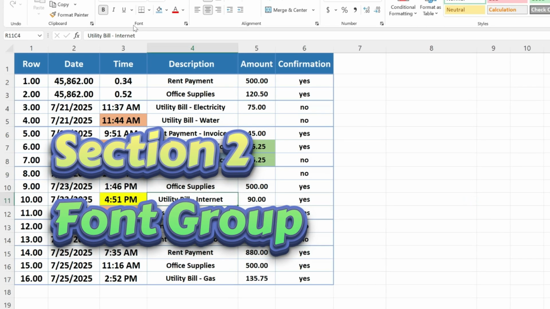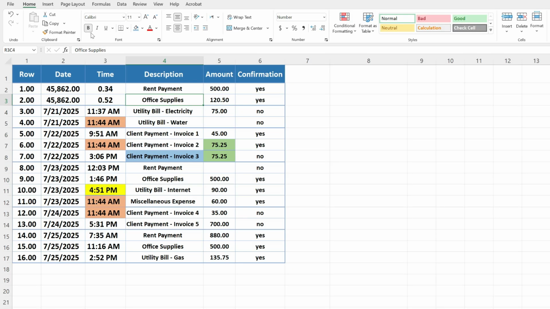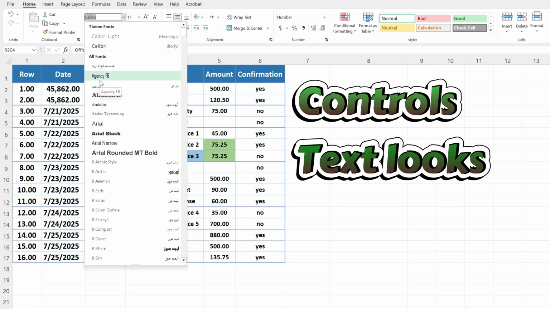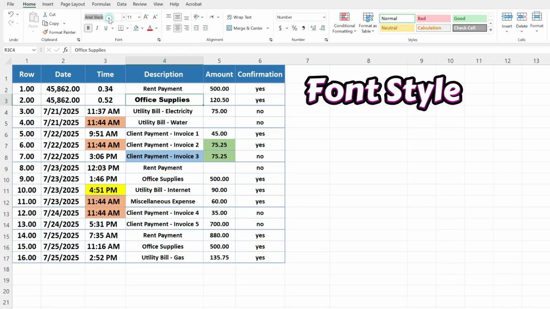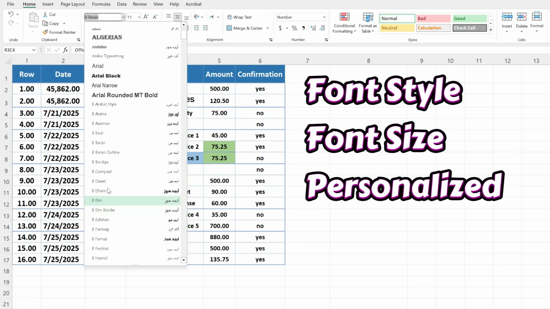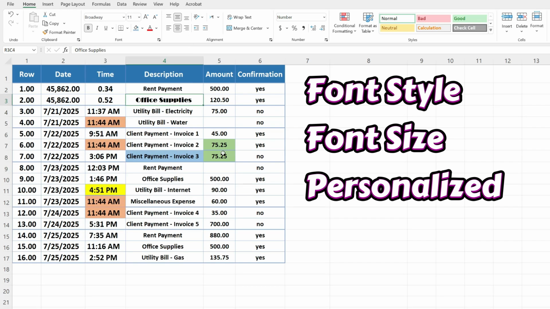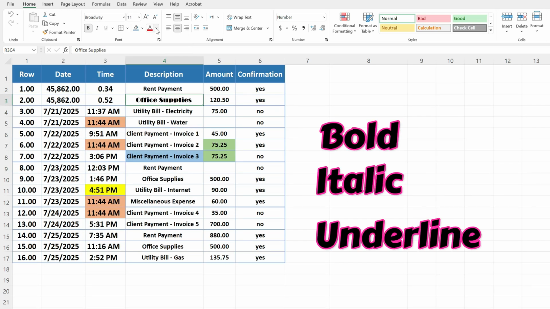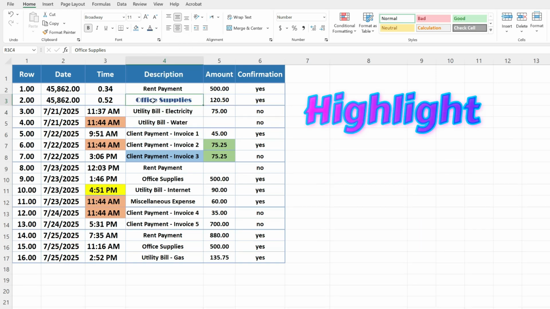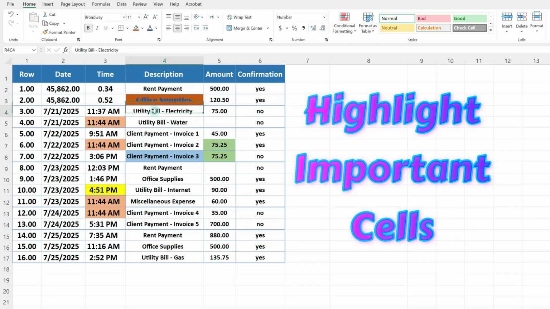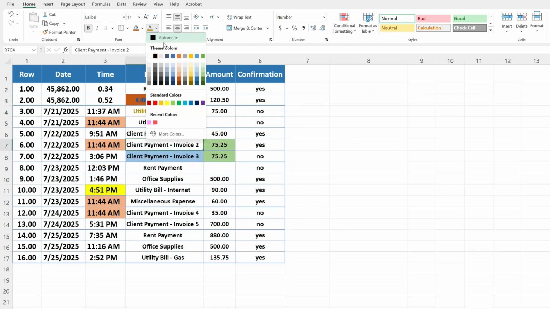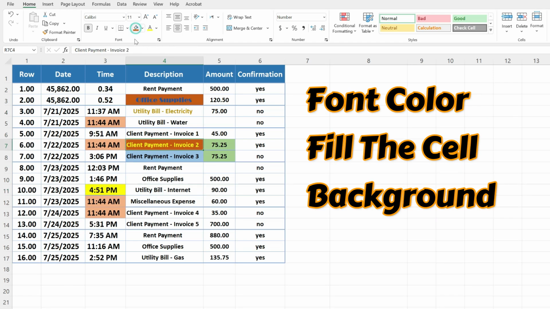Section 2. Font Group. This section controls how your text looks. You can change the font style and size to make your data more readable and personalized. Use bold, italic, and underline, with the B, I, and U icons to highlight important cells. You can also change the font color or fill the cell background with a solid color using the Fill Color